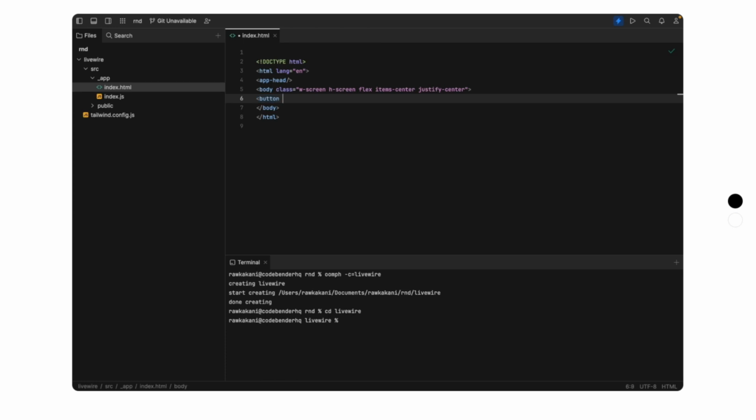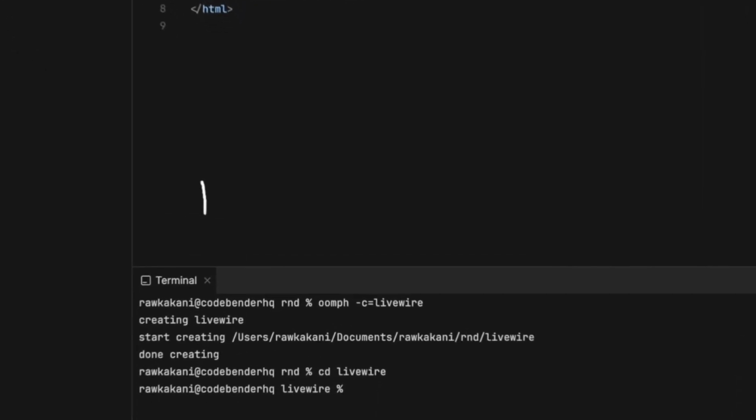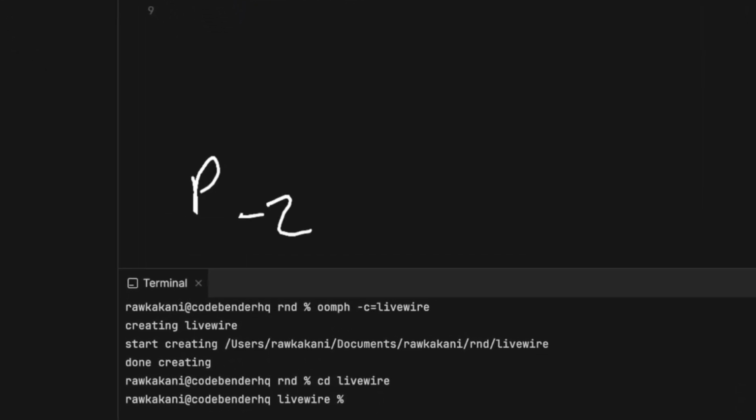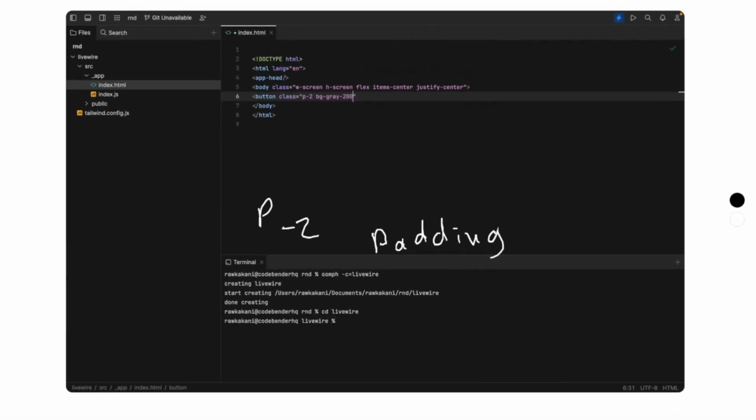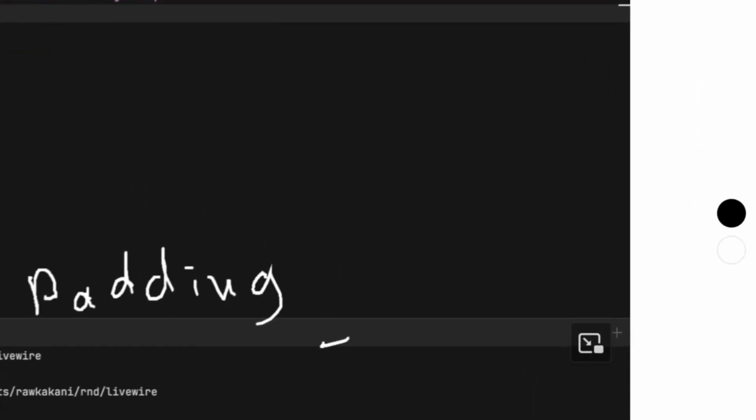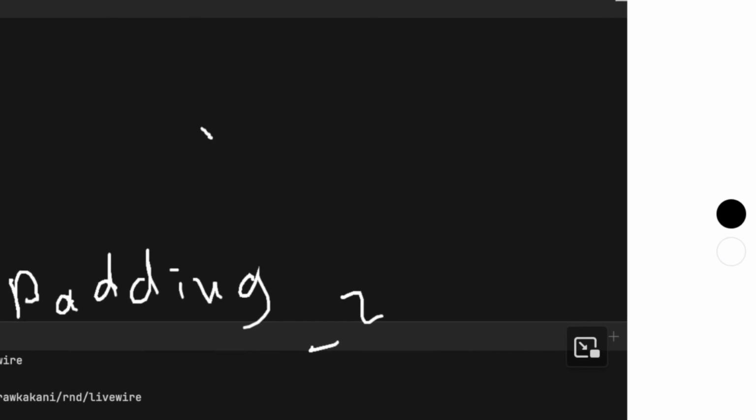So now we're going to go and place a button. There's a default element in HTML called button. We're going to add some classes. All these classes you're seeing being added here are Tailwind classes. So p-2 stands for padding, okay, so padding-2, and then bg